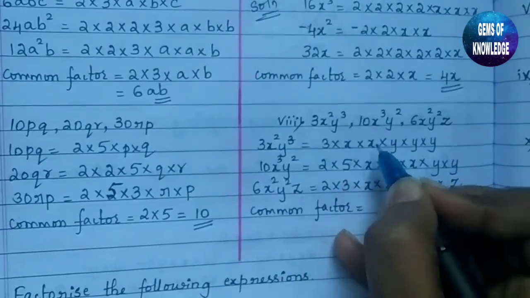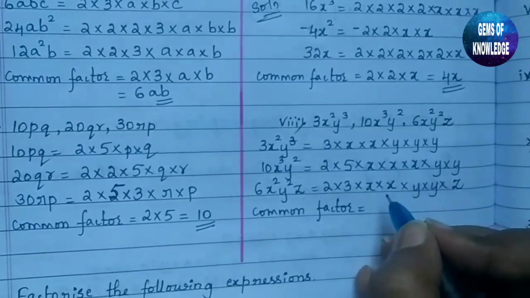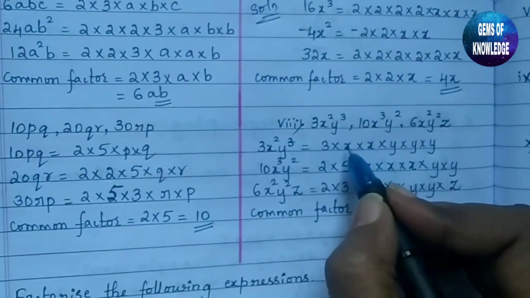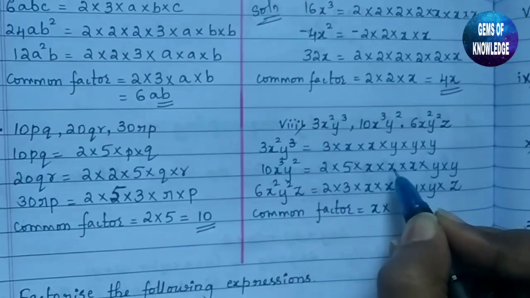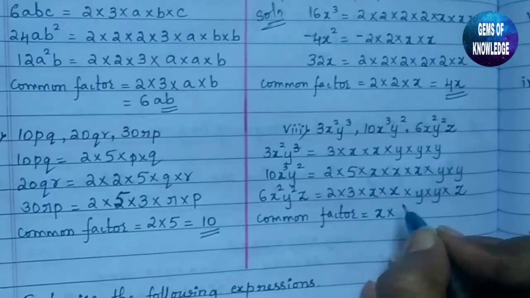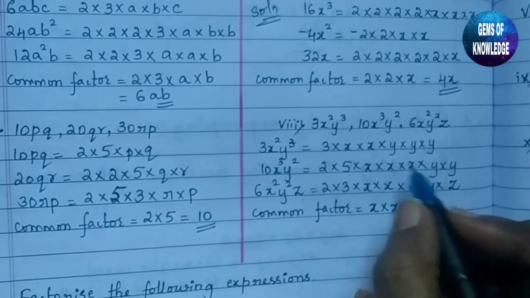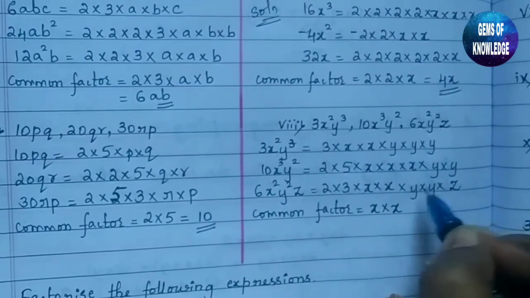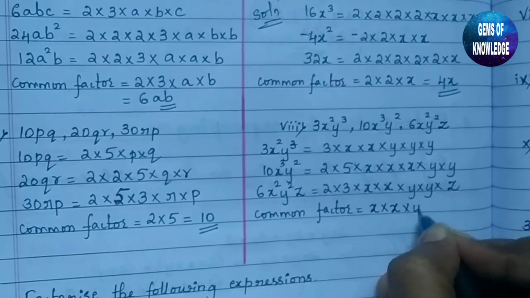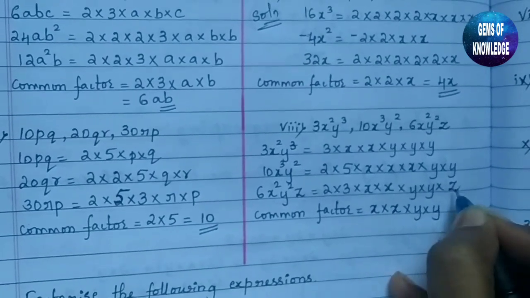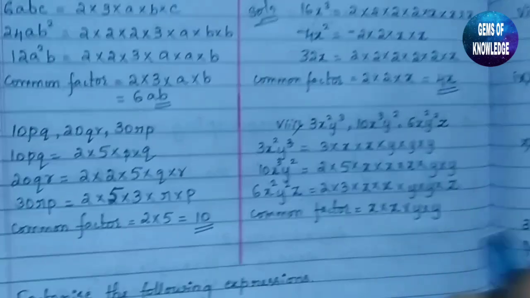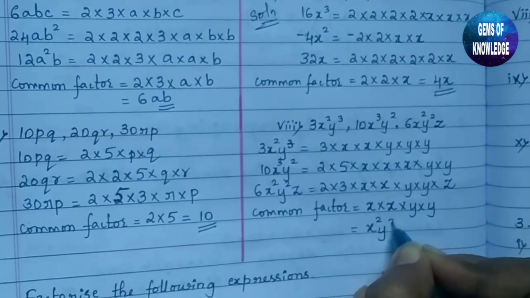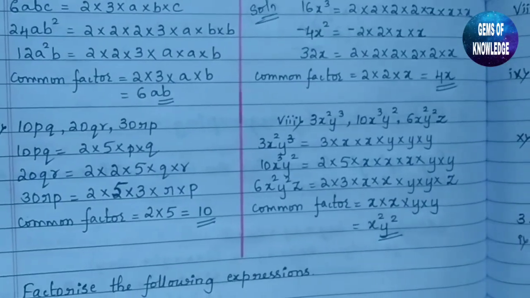So you can see x, x and x is given. Okay. x is one common factor into how many times? Here 2 times it is given, here 3 times and here 2 times. So x you can take as 2 times common factors. Okay. Then y into y, y into y and y into y again it is given. So there is no z anywhere. So what is the common factor? x square and y square are the common factors.